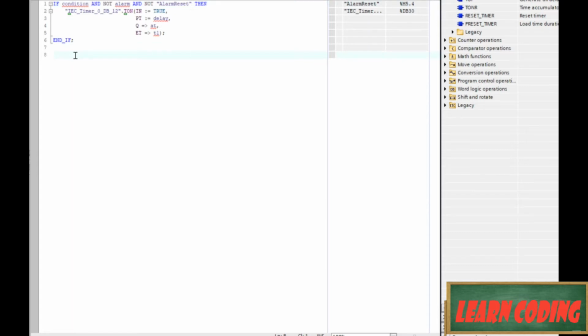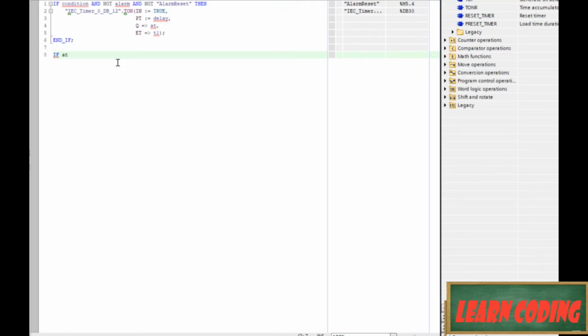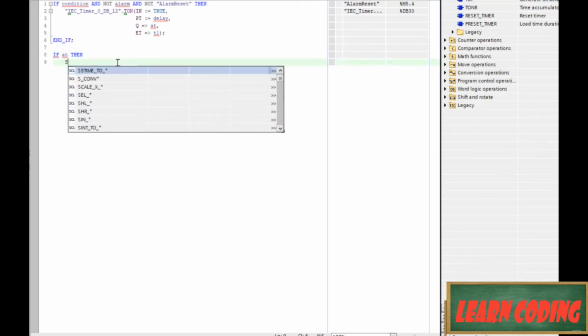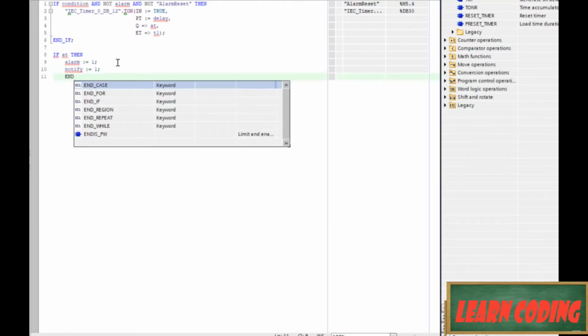Next thing we need to do is actually set our bits. So if, and this is going to be our AT, so that's our alarm trigger, then we're going to want to set our alarm bits. So that's going to be alarm equals 1 semicolon and notify equals 1 semicolon, and END_IF,